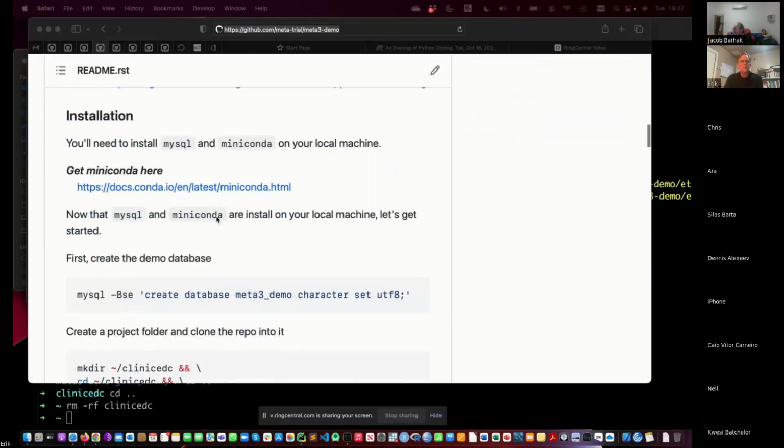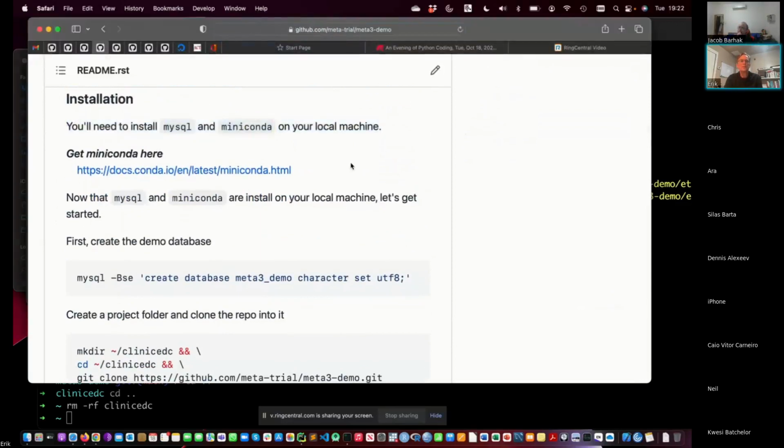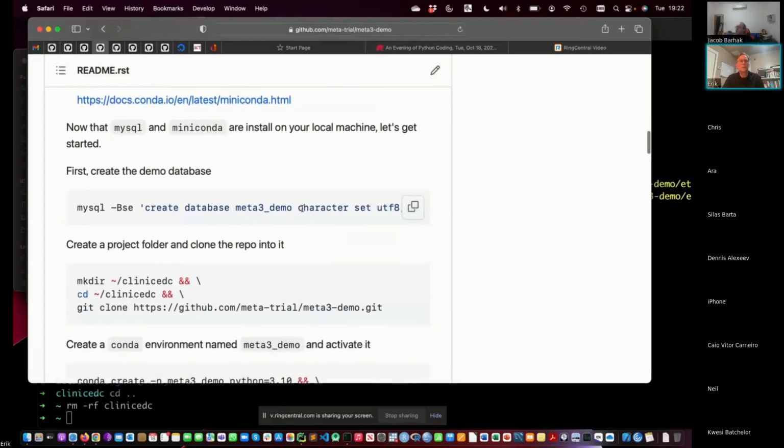So let's get started. The first thing that you would have to do yourself, which I'm not going to do here, is have MySQL and Miniconda, or something similar, for the virtual environment, if you're going to follow along with this installed on your machine, which is pretty straightforward. You can get Miniconda there. You can get MySQL from there, or even probably MariaDB would work fine as well. So I've given you a command here to create